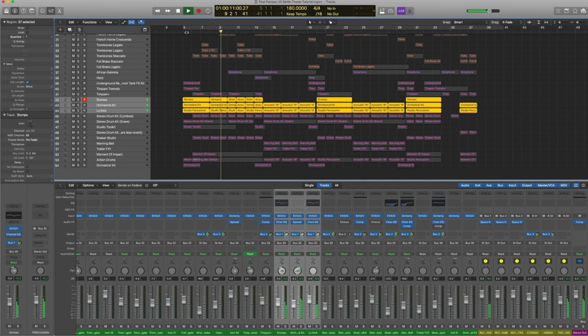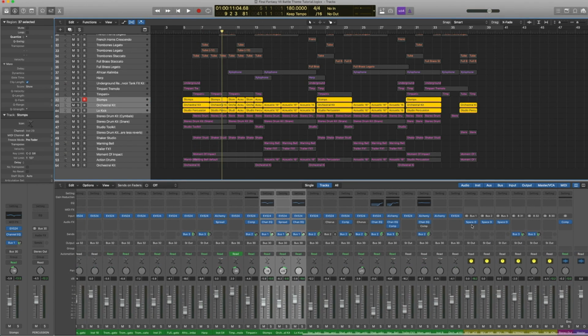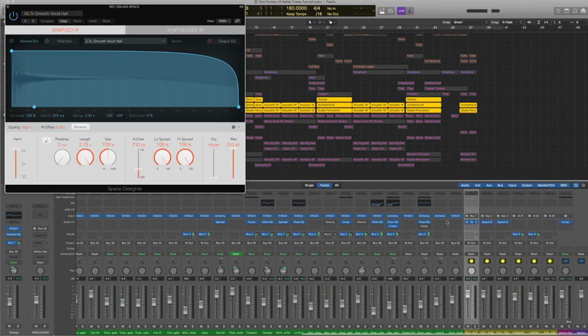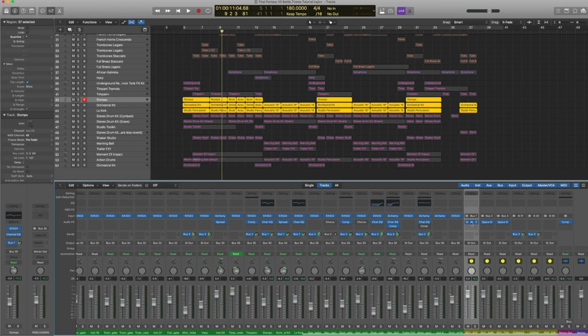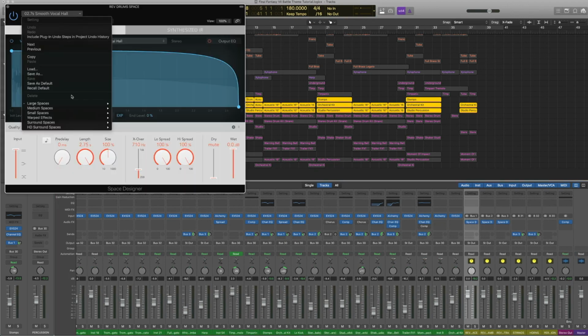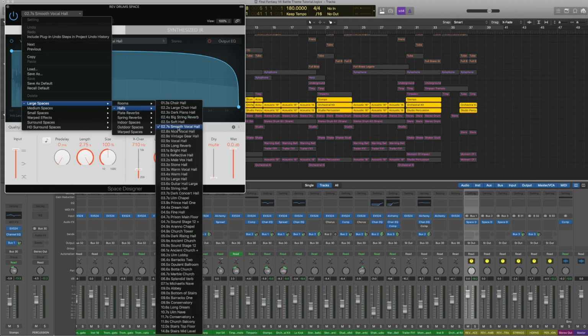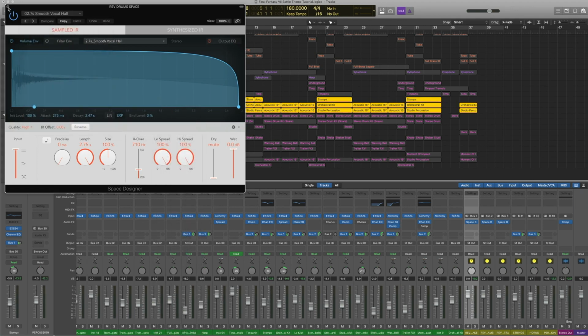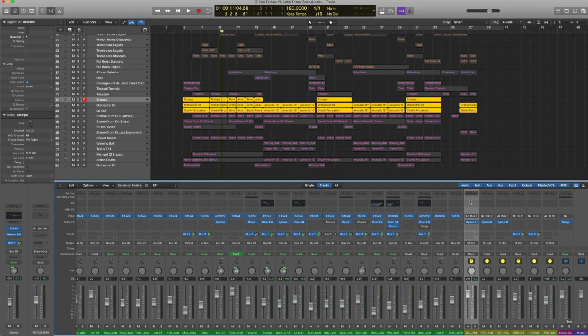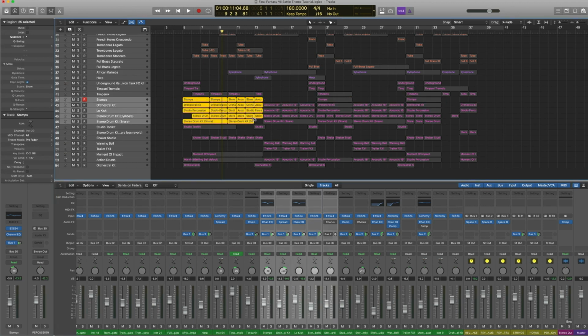As you can hear, it's quite low power and not very realistic. And all these are being sent to bus 1. And bus 1, it's a bit of a shorter reverb. So it's a smooth vocal hall. Alright, it feels not as spacious as bus 3, and I didn't want the percussion to feel too drowned out. So